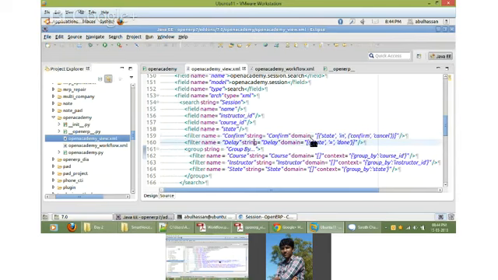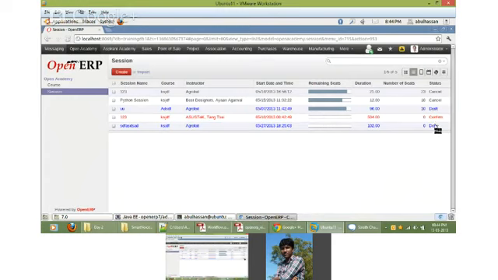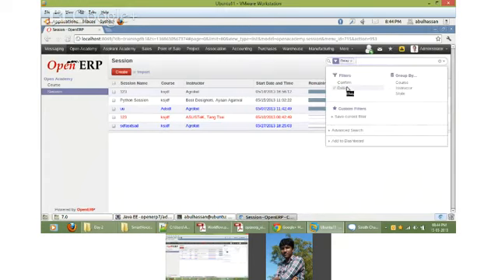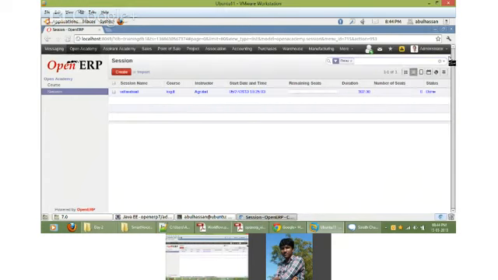This is a very basic example. This is actually a tuple of tuples because I have chosen in, so I'm giving two values. If it is equal to, I can give state is equal to done. So only if it is in done state it will show. See, there is one record in done state, so it is shown.